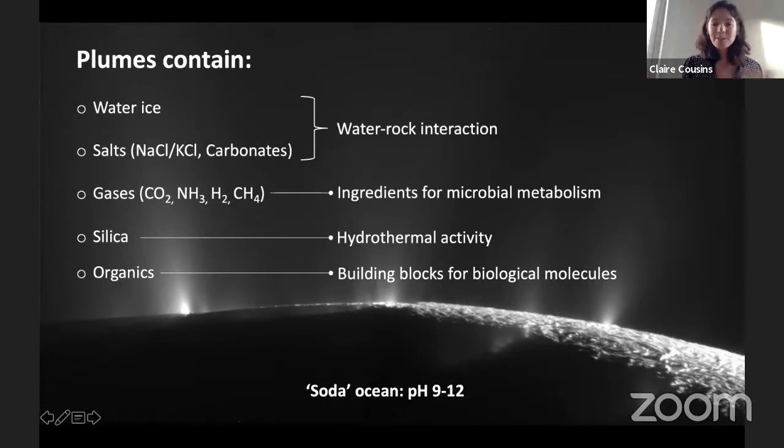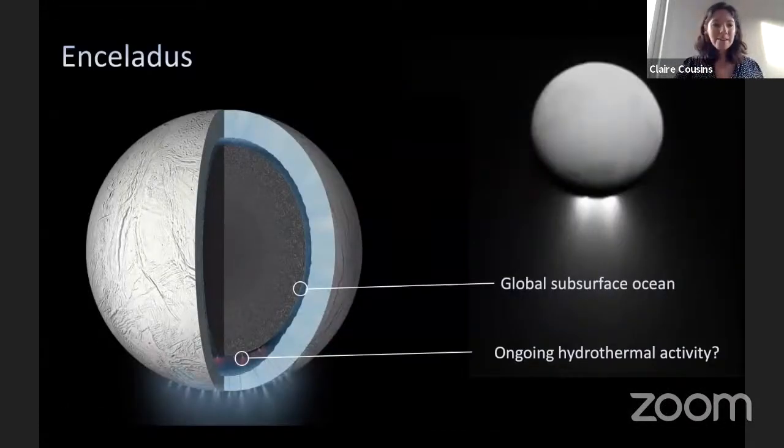so it's alkaline, it's got a pH of around 9 to 12, and there's places on Earth which are not too dissimilar to this. So this is a kind of artist representation of what's going on Enceladus, kind of putting this all together. We have this global subsurface ocean underneath an icy crust interacting with a rocky layer. There is perhaps hydrothermal activity going on as well, because we have this silica. This is a mineral which really will only form if we have a high temperature interaction between rock and water. And quite beautifully, all of that ocean material is then spewing forth out into space, kind of ready for people